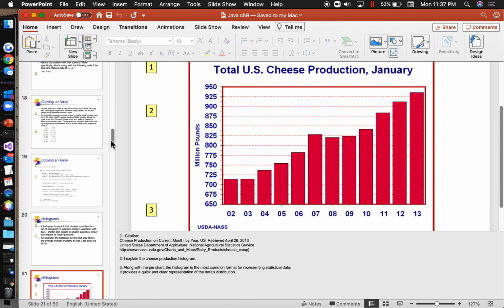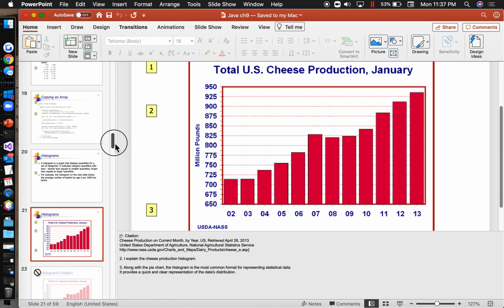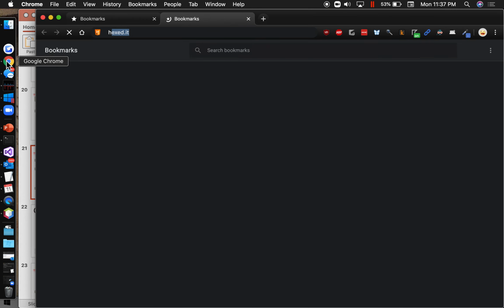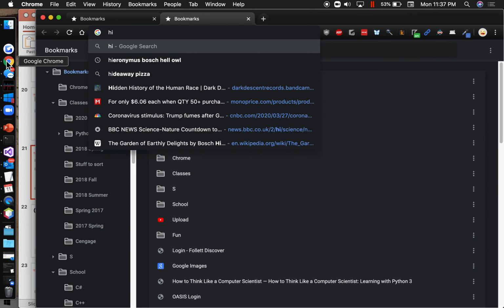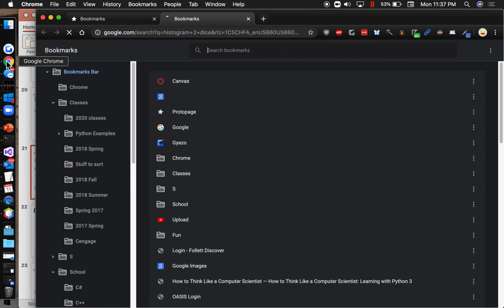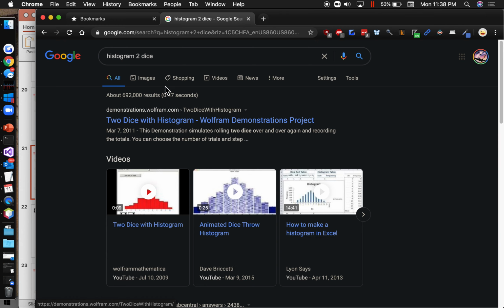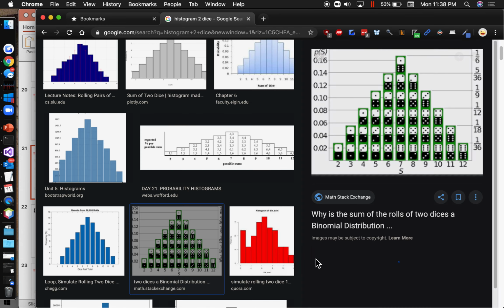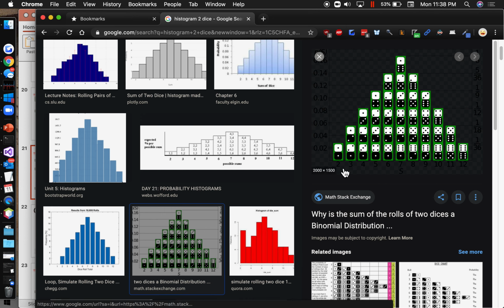So let's use a random number generator and create a histogram of die rolls, because you probably know that if you have 2 dice and you roll them and add them together, 7 comes up more commonly than anything else. It's a bell curve, so-called bell curve, right? Just because there are more combinations that add up to 7 than anything else. There's only one combination that adds up to a 2 or a 12, and there's only 2 combinations that add up